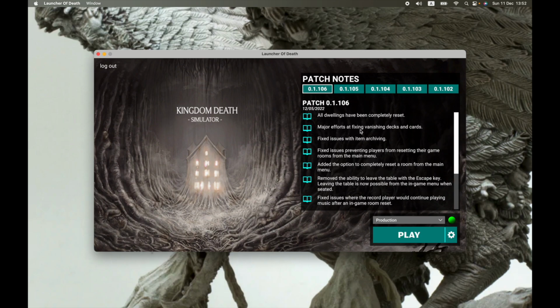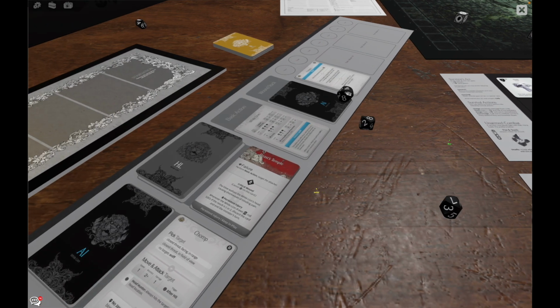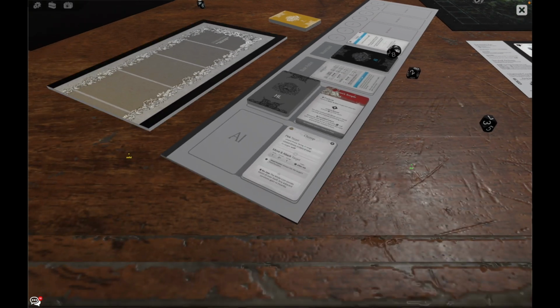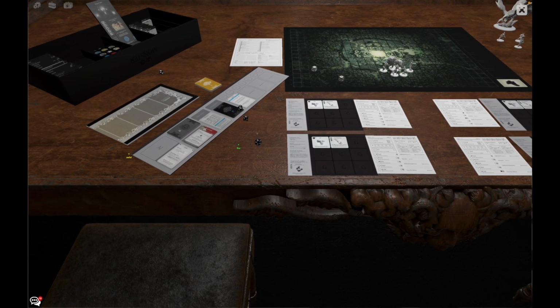Major efforts at fixing vanishing decks and cards. So this is something that I've got some footage of that I might be able to put on the screen as I'm talking about this. Sometimes cards can get into a sort of weird state where they're technically, in a sense, in your hand, in your sort of virtual hand as you're picking them up, but you can't see them, and they don't animate properly, and they don't prevent you from picking up other things, so they can kind of be overwritten in your hand, if you like. And that's the most common situation I found where cards would just completely vanish and be gone,